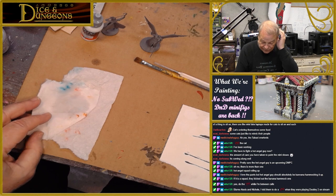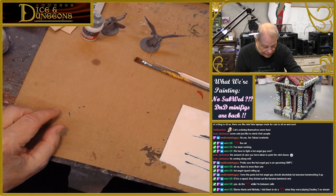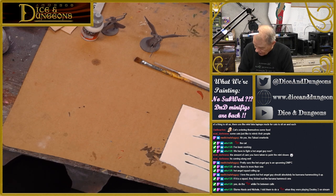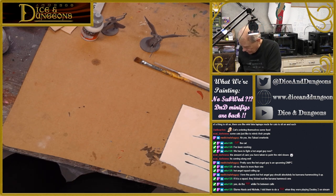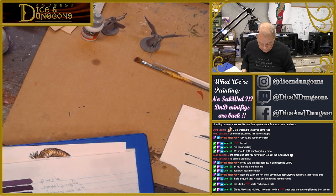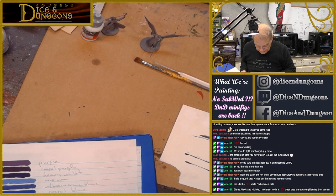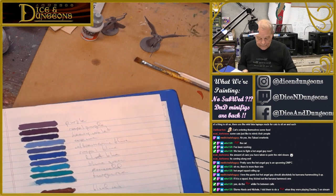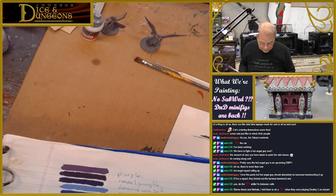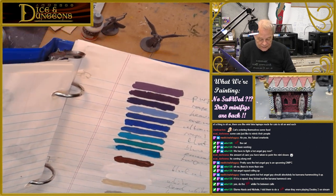The chainmail silver is a little bit thick. It'll dry a little fast. I think I've got... it's just plain silver. It was really light, and the other one's a little bit...